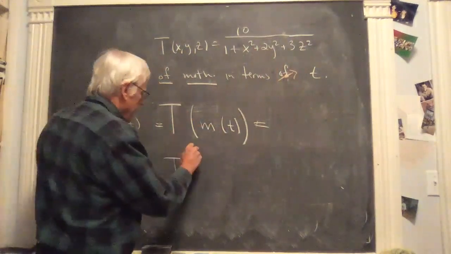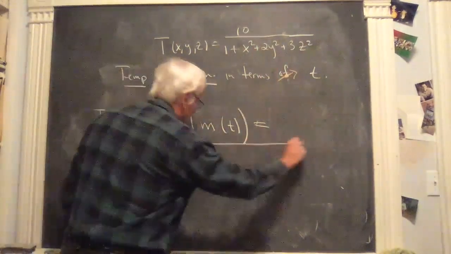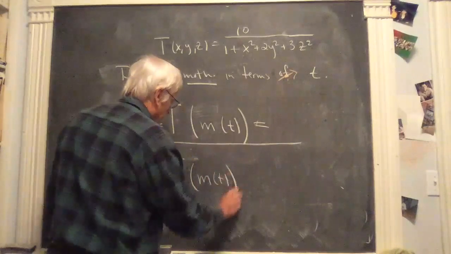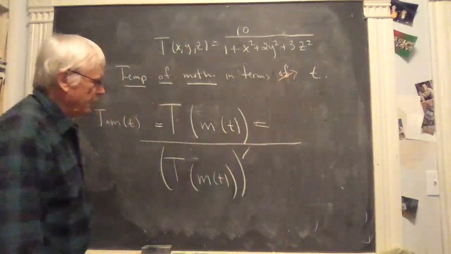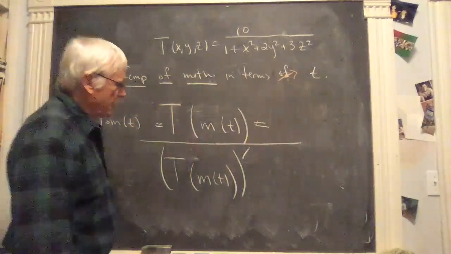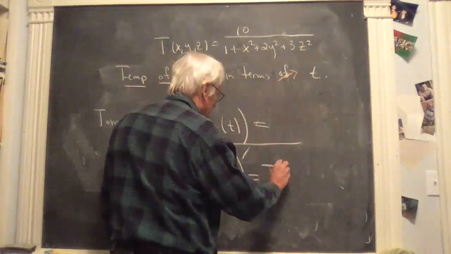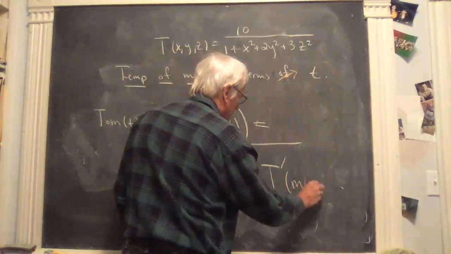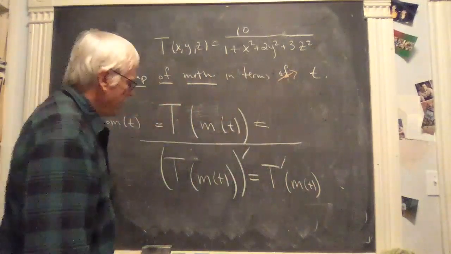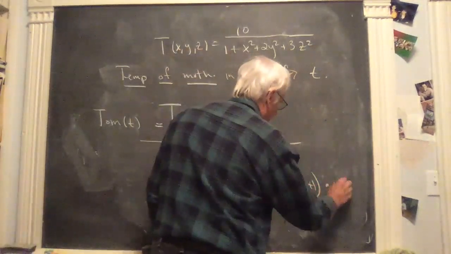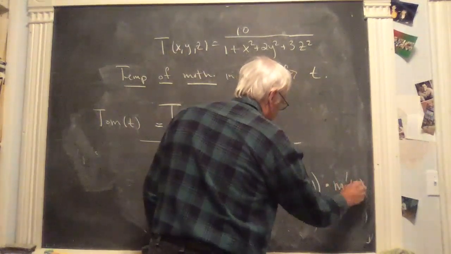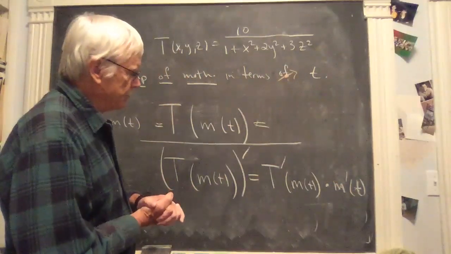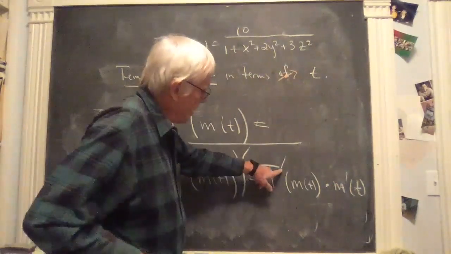Now, in general, if you wanted to find the derivative of a composition, this is called a chain rule. If this was a one-dimensional problem, you would take the derivative of temperature, you would evaluate at the moth, and then you would multiply by the derivative of what's inside. And there are several issues for us here. The derivative of temperature, first of all,